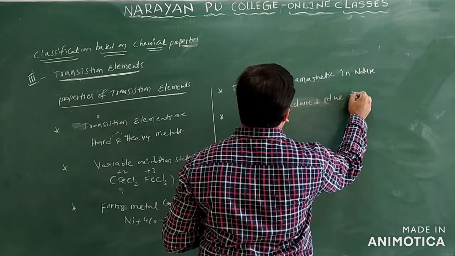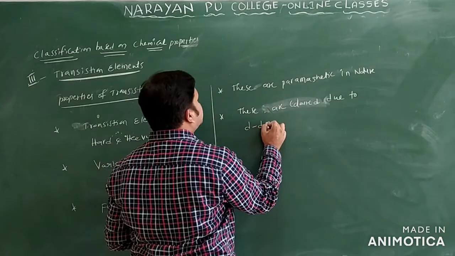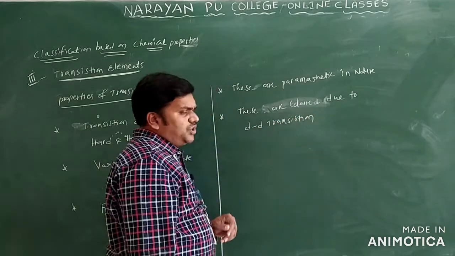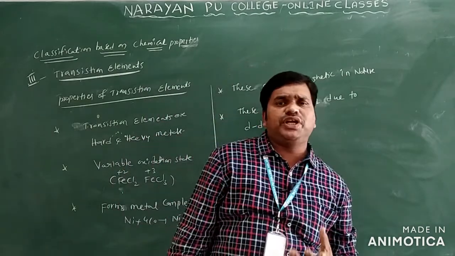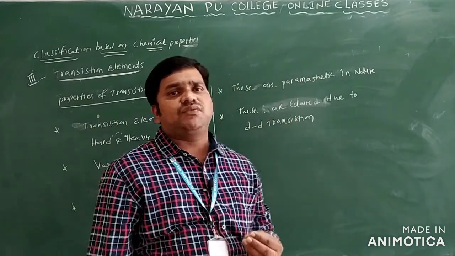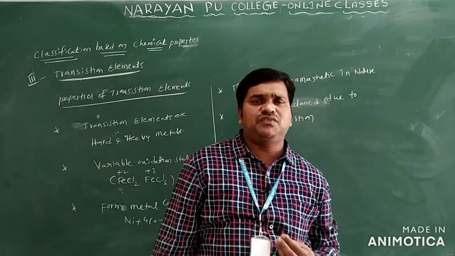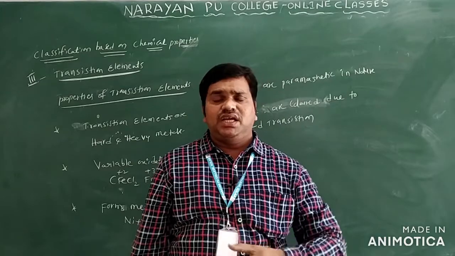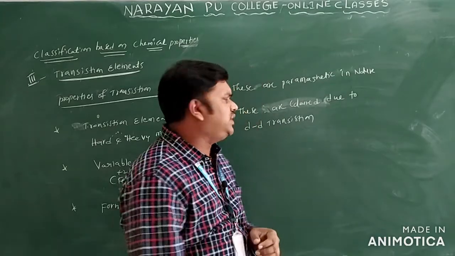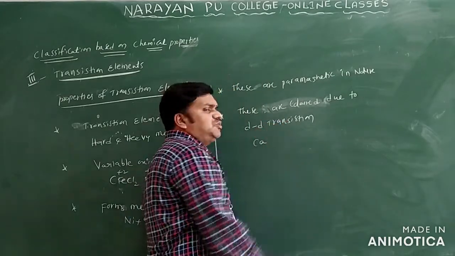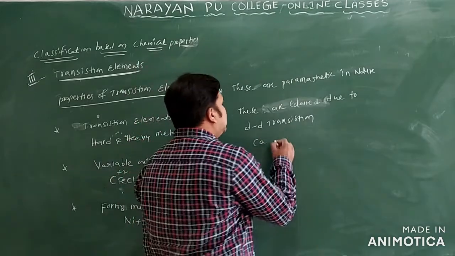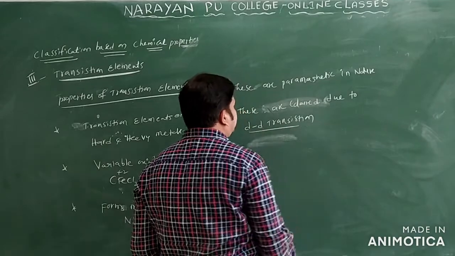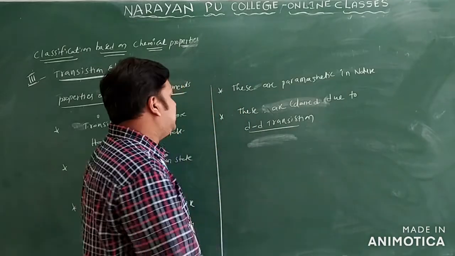Why are they colored? Due to d-d transitions only. So d-d transition means whenever you heat the compound, the excitation of electrons takes place. Due to the excitation, the electron again comes back to the ground state. The difference in energy is released in the form of some colors. If you take the calcium, generally calcium comes under transition elements. What color will it show? If we take this d-d transition, we have to see different types of colors.